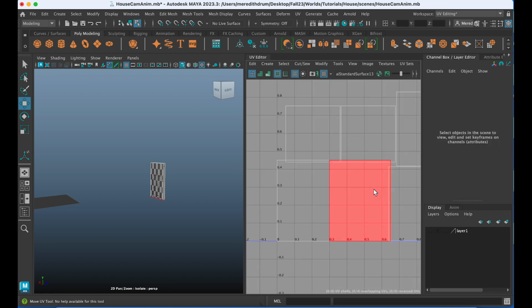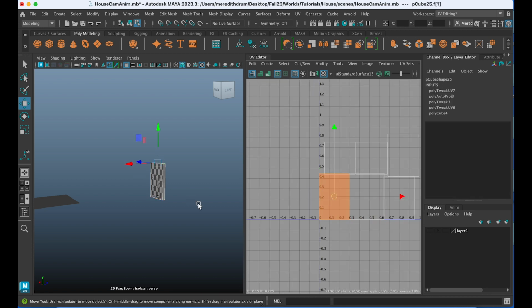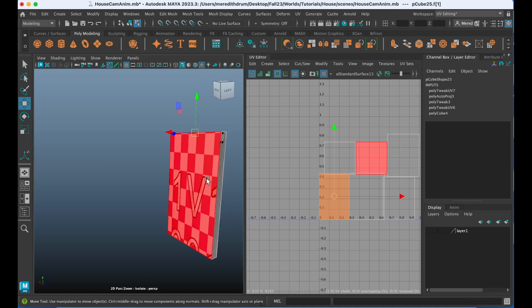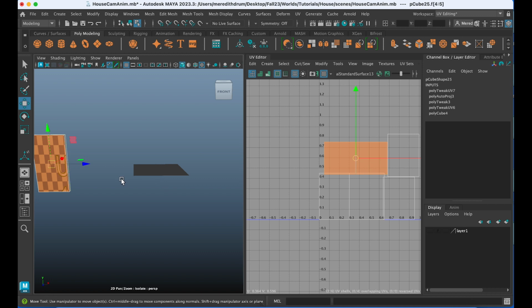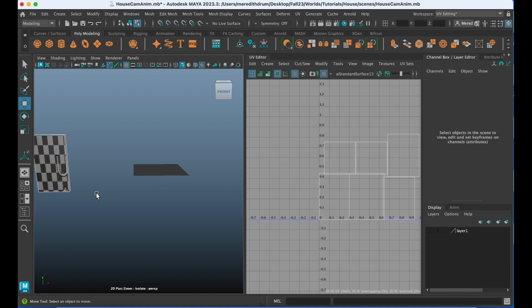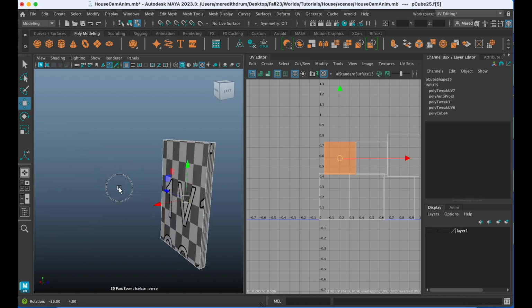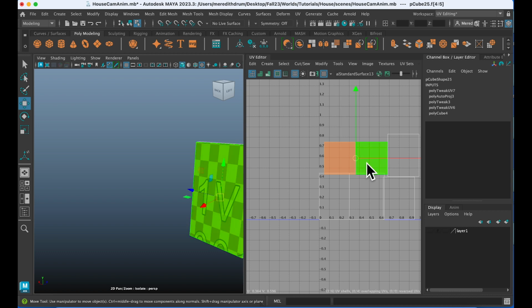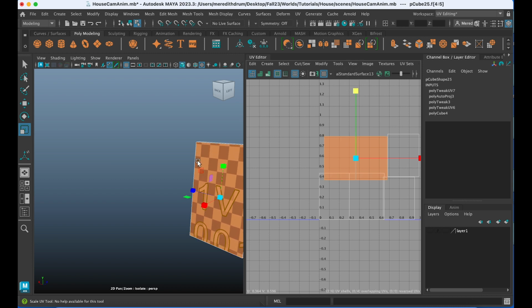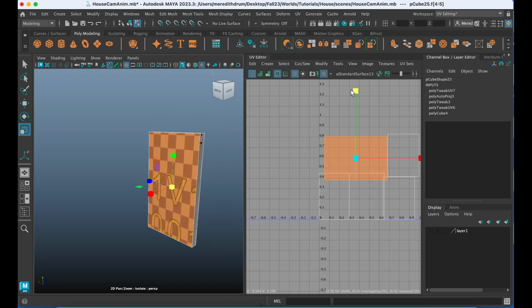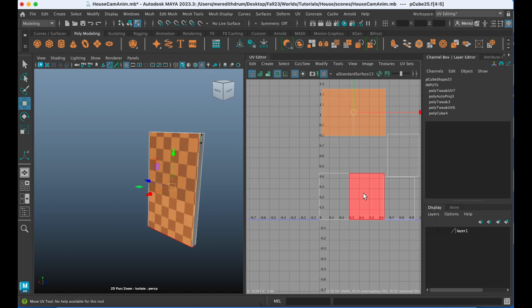You can go to UV shell too and check out which of those are which. So same here, go to UV shell. Let's look at these, the front and the back first. I'm going to select them both, so select and shift select. So I have them both selected there. They're a little out of proportion, so I'm going to mess around with that proportion so that I can try to get a more equal looking square there in the check. Then I'm going to just move them, press W for move, just move them out of the way for now.